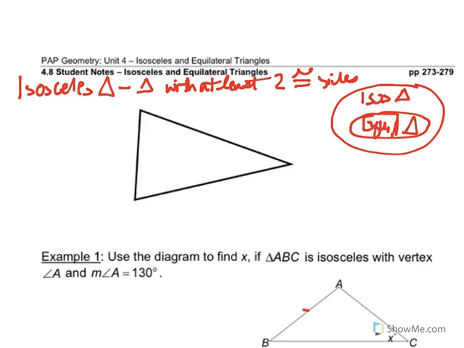So let's just talk about the parts of an isosceles triangle. We're going to say that this triangle right here is triangle A, B, C. So we're given triangle ABC, and triangle ABC is isosceles